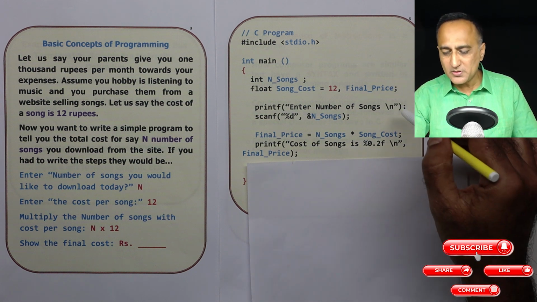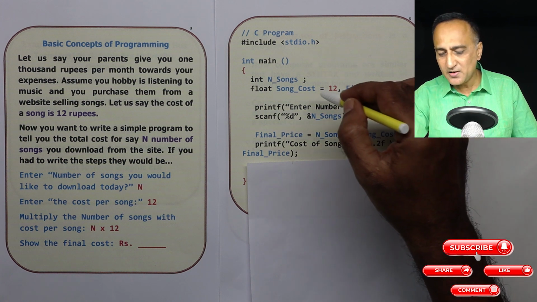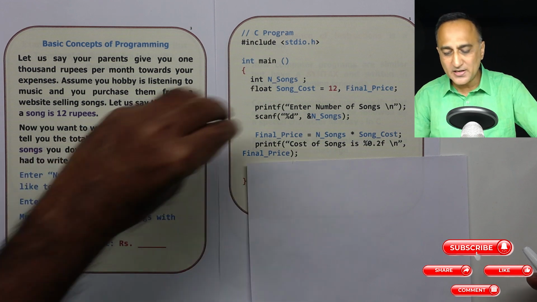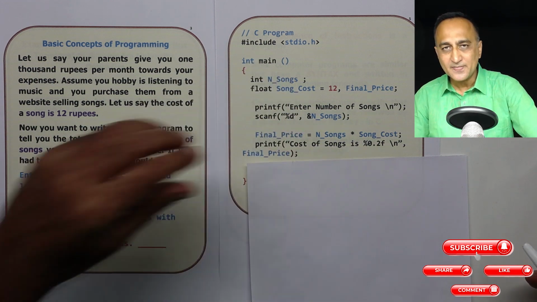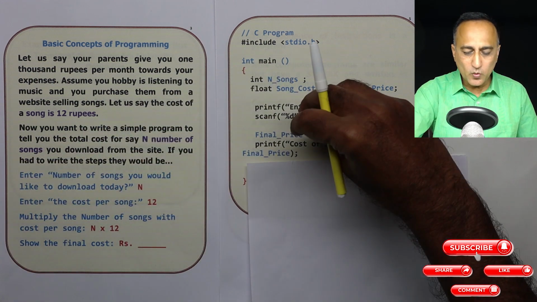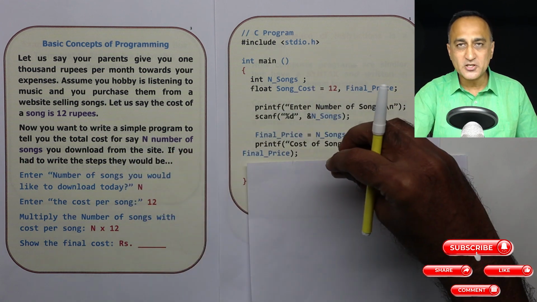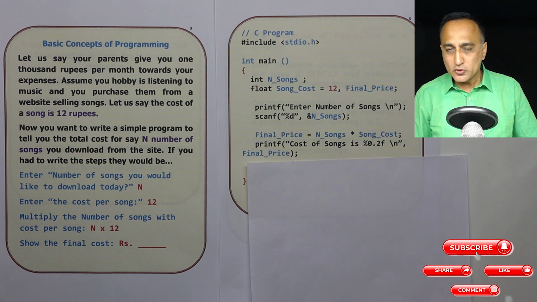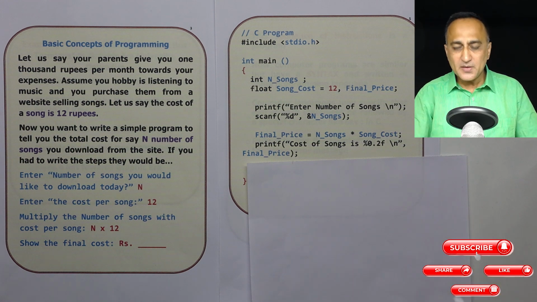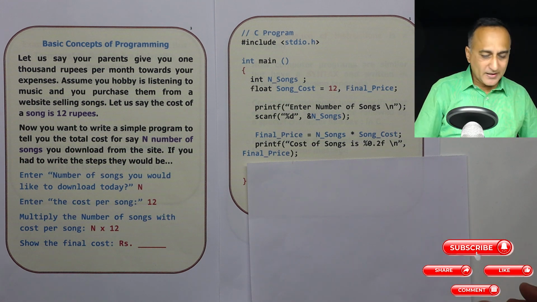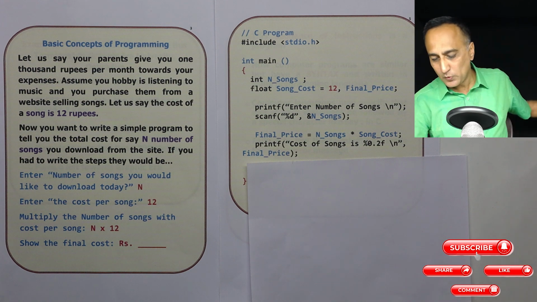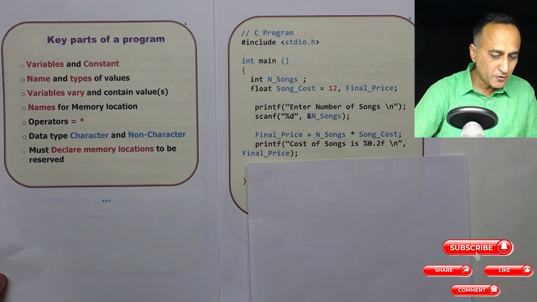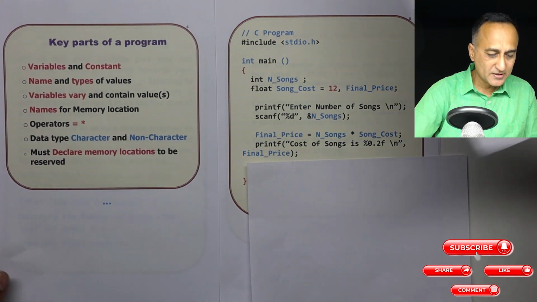Important. Do not worry about the semicolon, double quote, slash n, all these things. Just broadly understand whether you're understanding the mapping between this and this. So if you see there is a one-to-one correspondence or one-to-one relationship between your logic and your program. So when you're writing a program, you need to understand or take care of a few basic requirements. Let me explain to you what those basic requirements are.